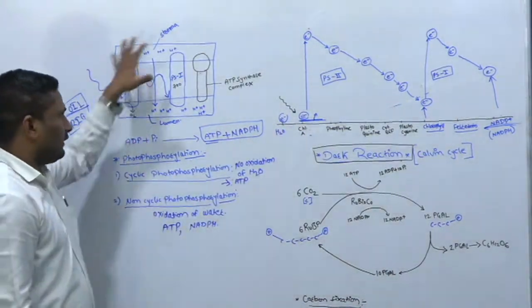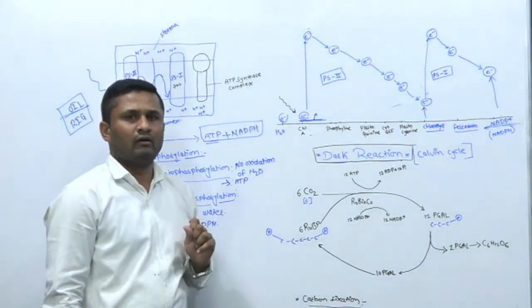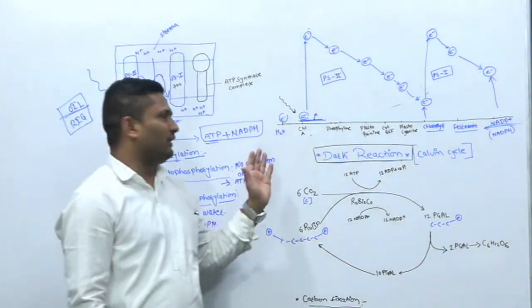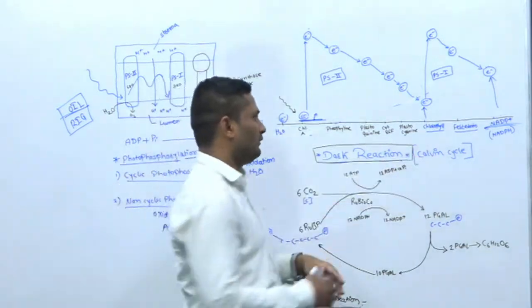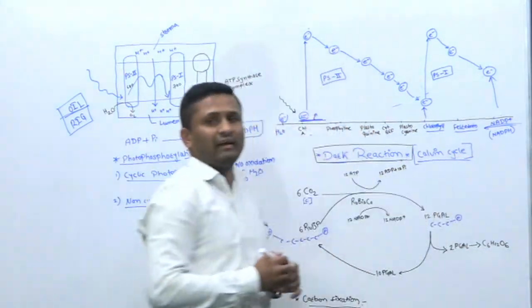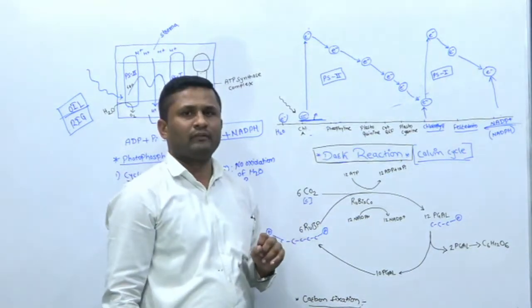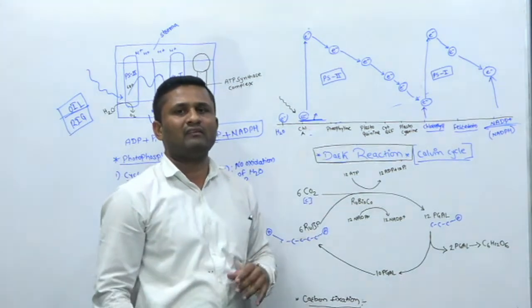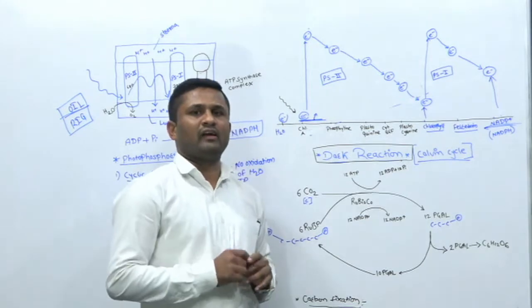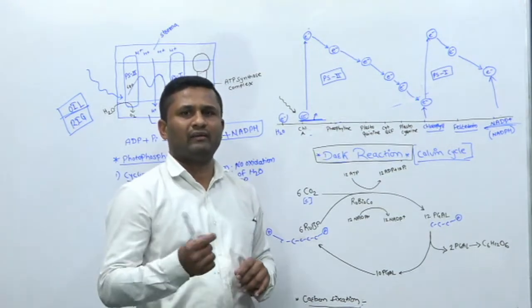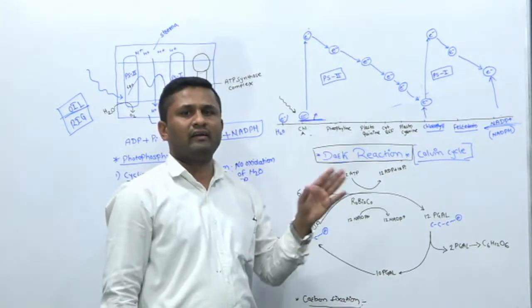So here I will summarize the light reaction part of the photosynthesis. Now we will move on to the next part of the photosynthesis, that is dark reaction. It is also called the Calvin cycle. Yesterday I told you about the dark reaction, that dark reaction does not mean they occur at night. It is only that the dark reaction does not depend upon light, they do not need light to happen. That's why we can call it light independent reaction also.